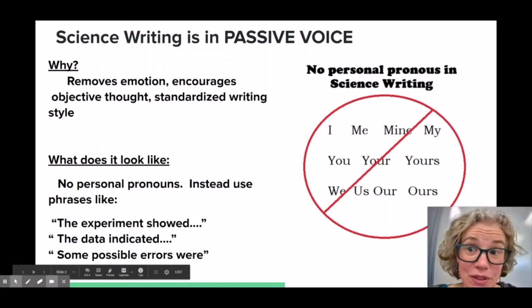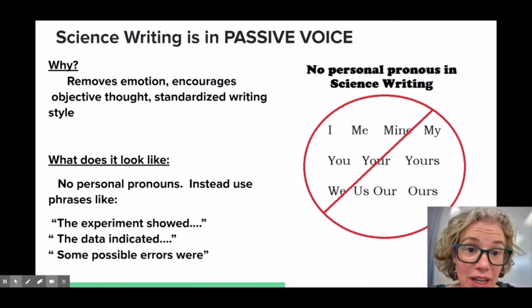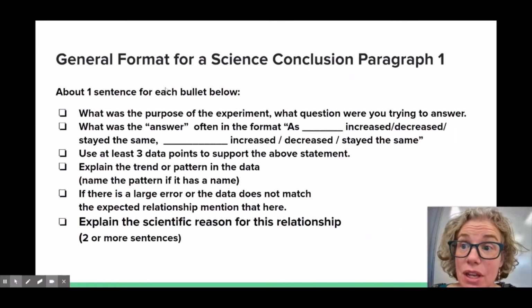So one of the things we're going to go over today is that scientific writing is always written in a passive voice. We'll go over some examples of that. Then we're also going to talk about how a conclusion needs to be about 2 paragraphs long. And the first part is really about what is the answer to our experiment and what's some data to help